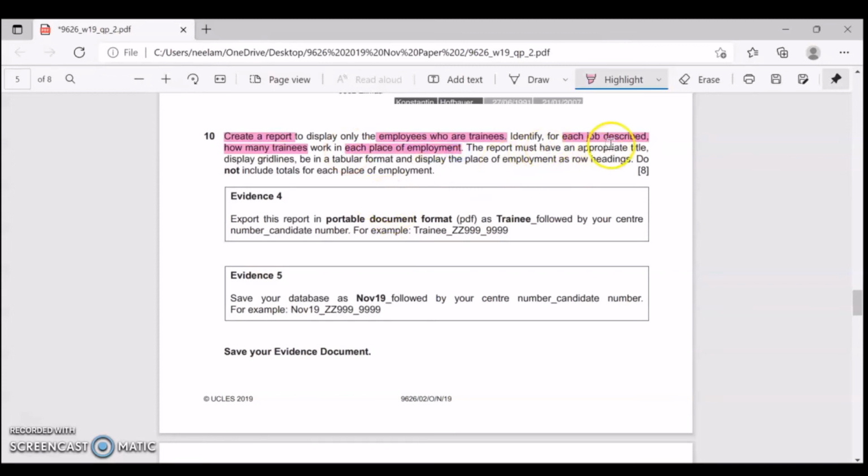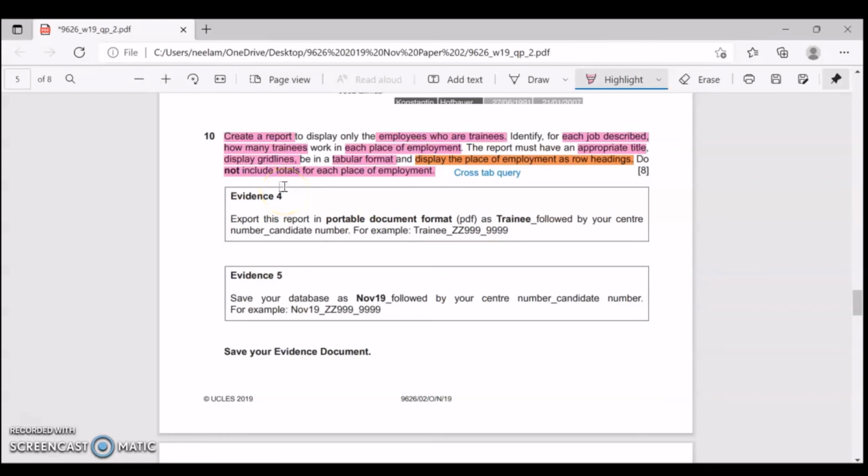The report must have appropriate title. It should display the grade lines and in a tabular format, and displays the place of employment as row heading. We have to create a query which is cross-tab query. Do not include totals for each place of employment.